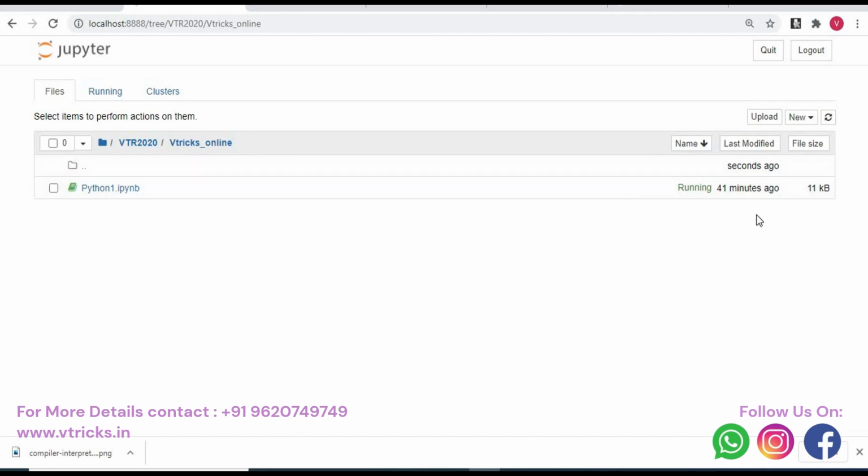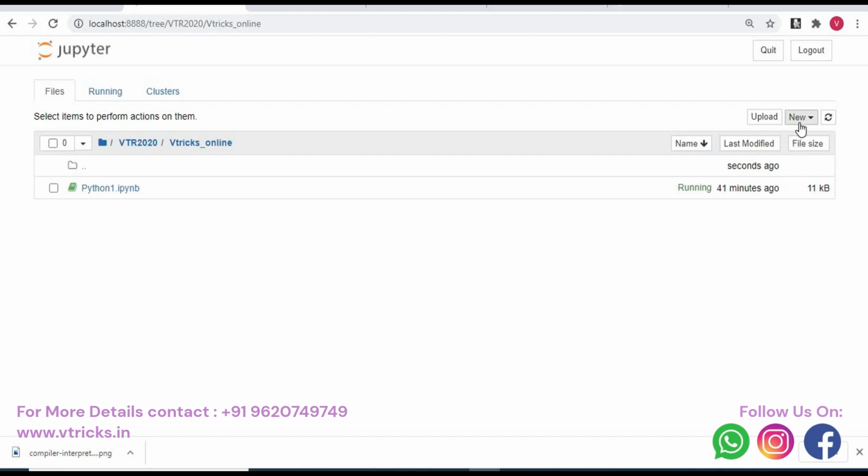How to create a new file? How to create a new Jupyter Notebook? We call it a Jupyter Notebook. The extension of a Jupyter Notebook will always be .ipynb. Whenever you create a Python file with respect to your Spyder IDE or PyCharm IDE, the extension would always be .py, but working with the Jupyter Notebook, the extension will always be .ipynb. While downloading it, you have an option to convert to .py also. Don't worry about it.